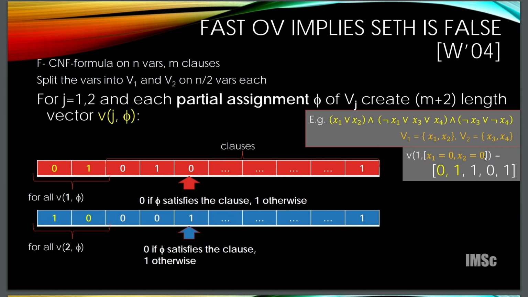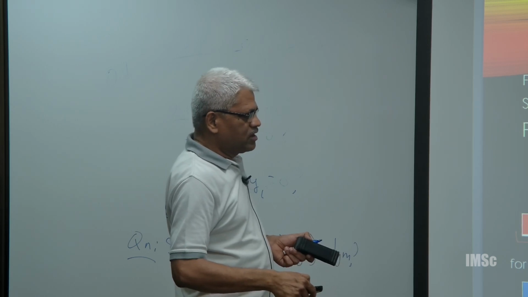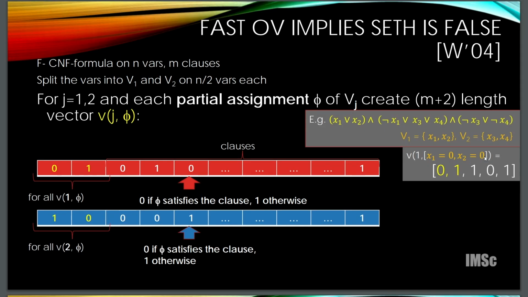There is a dimension for each clause. I am going to set that dimension of the vector to be 0 if the corresponding assignment satisfies the clause, and 1 otherwise. 1 does not mean that it does not satisfy, maybe these variables are not enough, right. This clause contains lots of variables. I take some of the variables, set them to 1 or some assignment, and if it satisfies the clause, I am going to put a 0 here, otherwise it is 1. That is how I have these vectors. Okay. So, I have this 2 power n by 2 vectors here, 2 power n by 2 vectors here. That is all.